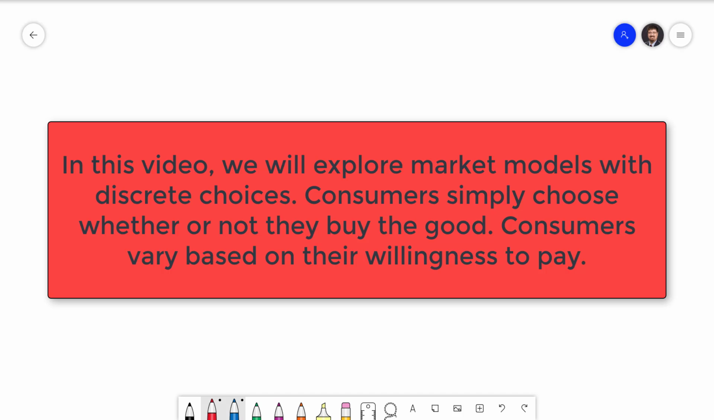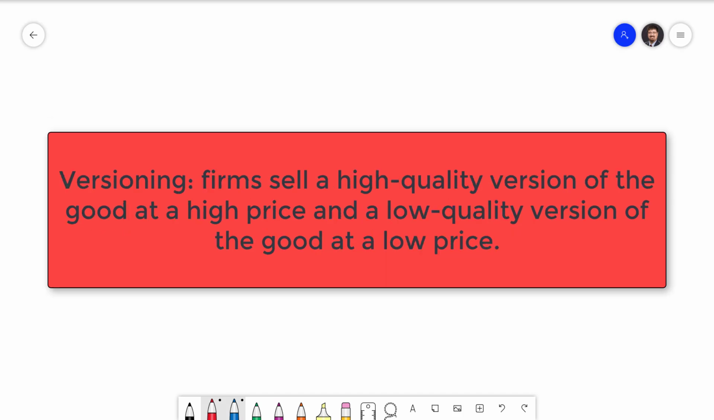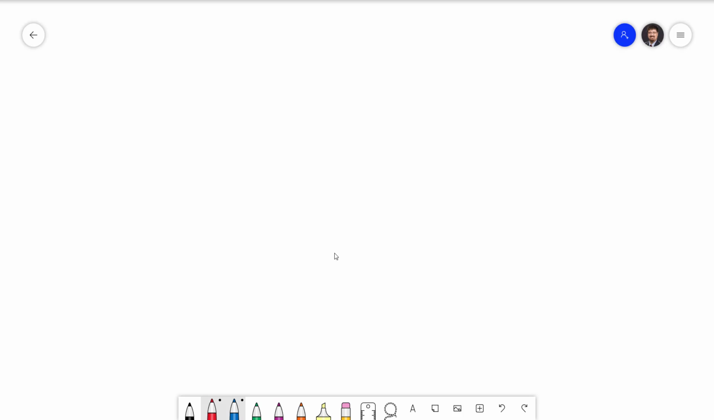pay for the good. Versioning is a strategy in which a firm offers multiple versions of a good at different prices. This will include a high-quality version at a high price and a low-quality version at a low price. At minimum, we need to have two different versions, but it is possible to have more than two. Some consumers care more about quality than others and will be targeted accordingly. The whole point of a versioning strategy is to sell the high-quality good at a high price to those who care about quality and sell the lower-quality version at a lower price to those who don't care about quality as